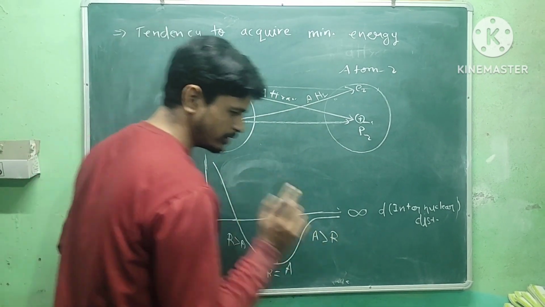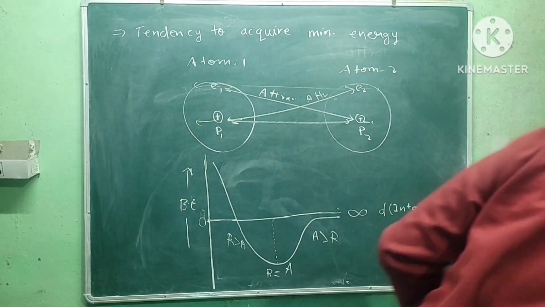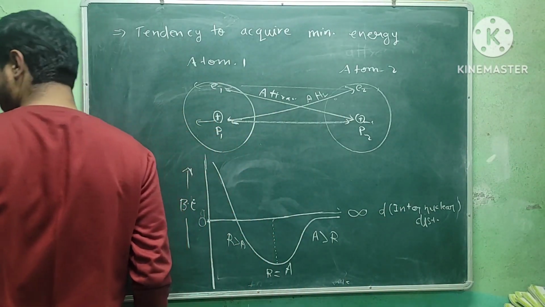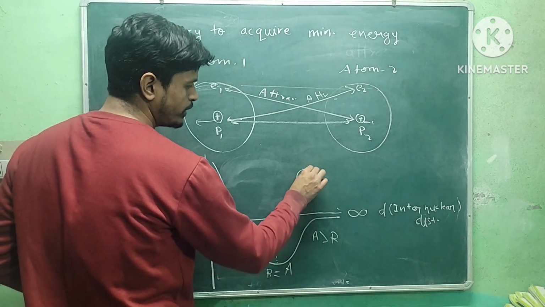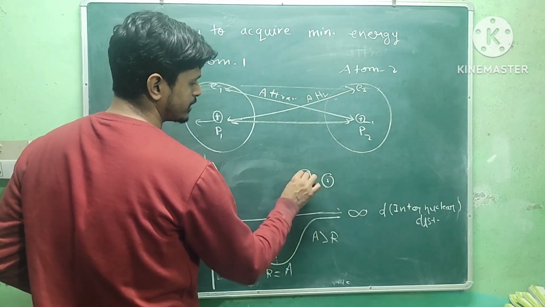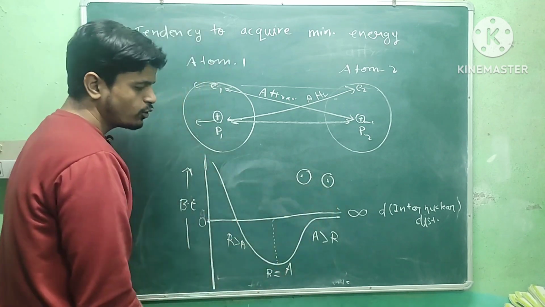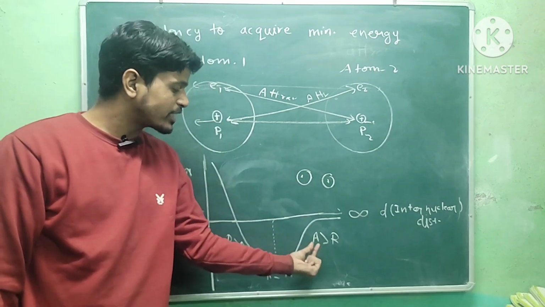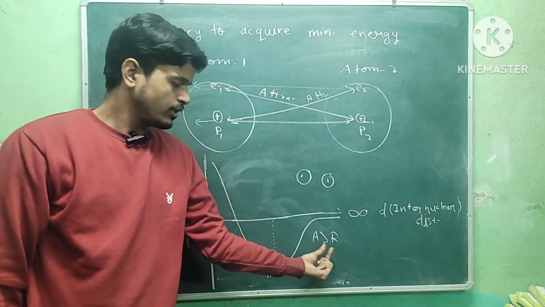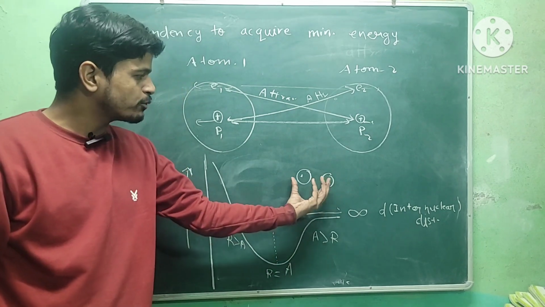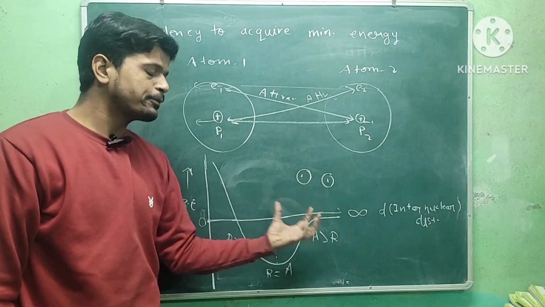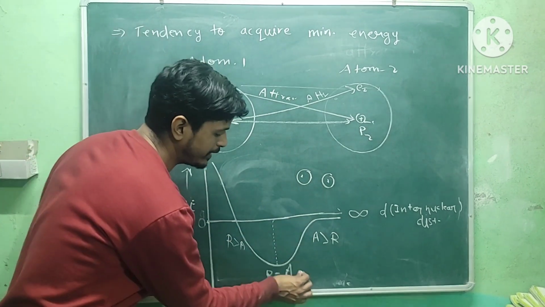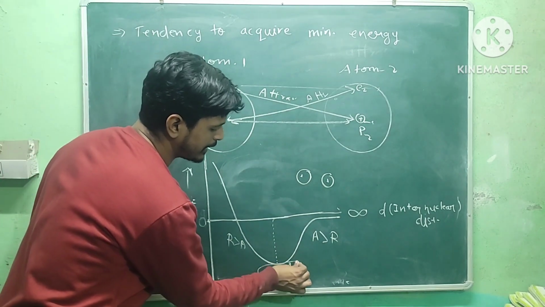Please remember that from this graph you can see two atoms approaching each other when attraction is more and repulsion is less. Attraction is dominating while these two atoms approach, and it will dominate until repulsion and attraction